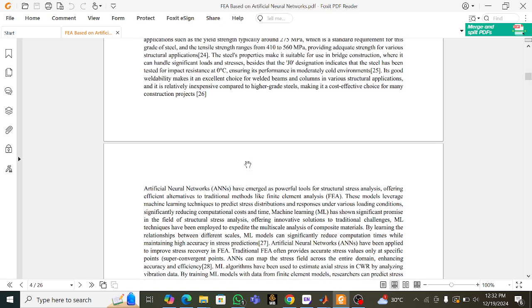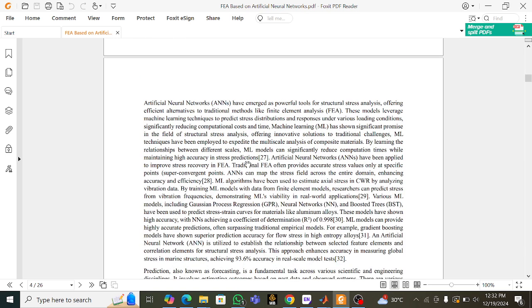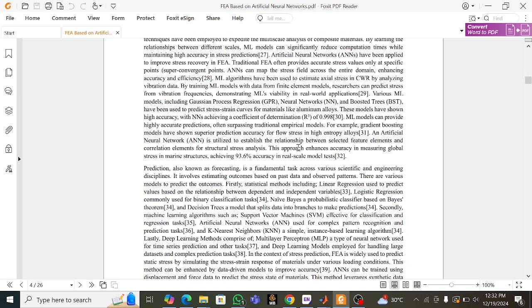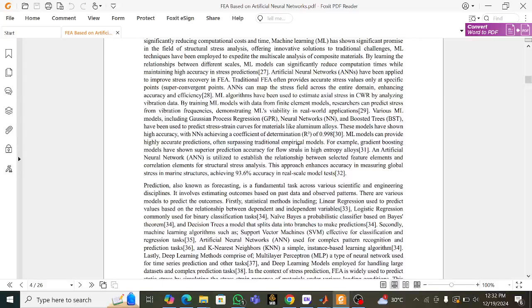The fourth one is artificial neural network. I explain each and everything about the artificial neural network, how their literature review, who uses the artificial neural network. So I explain each and everything here. And prediction, the fifth one